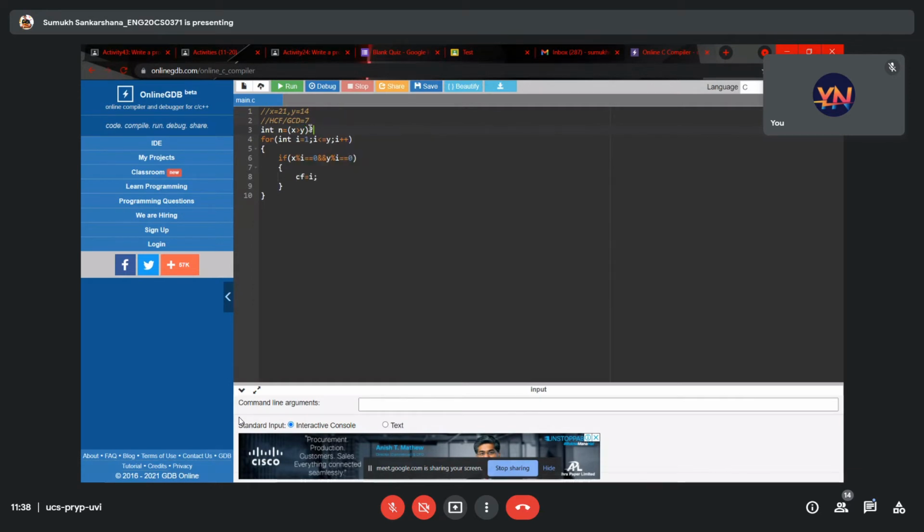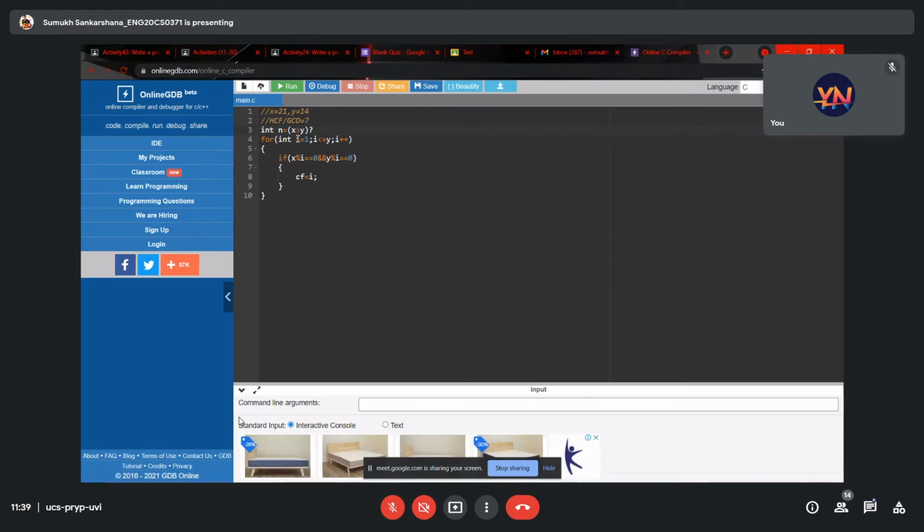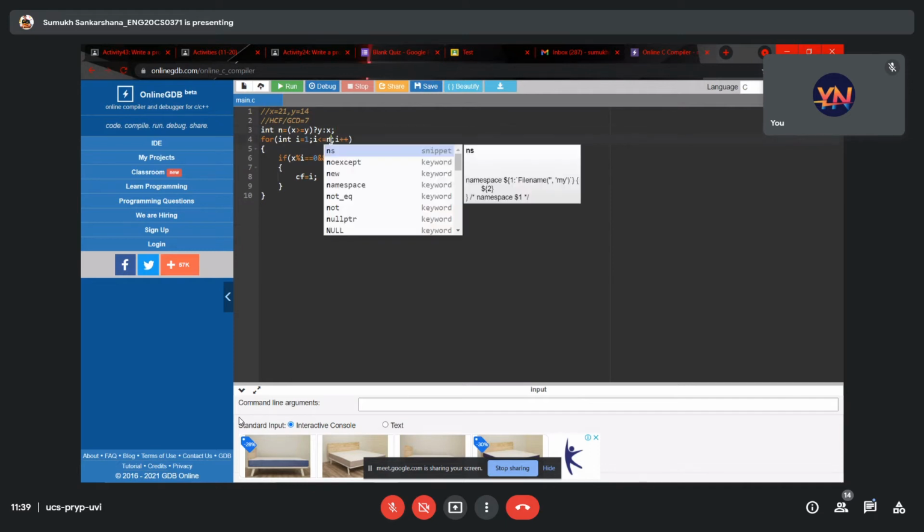then we have to return which value? No, we are finding the minimum value, so we should return x or y. So we can do a y over here if it's true, or if it's false, we can return a value of x, and we just change the n over here.